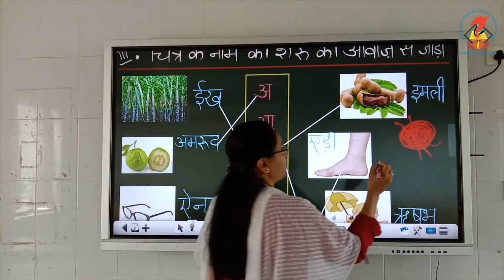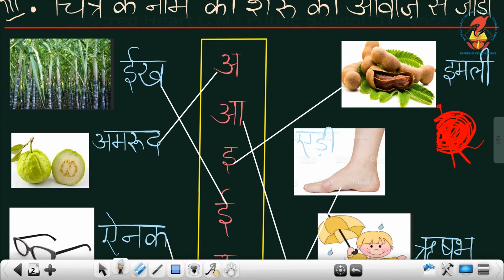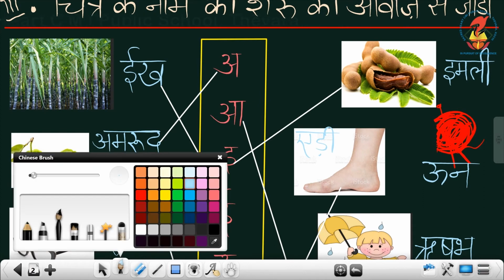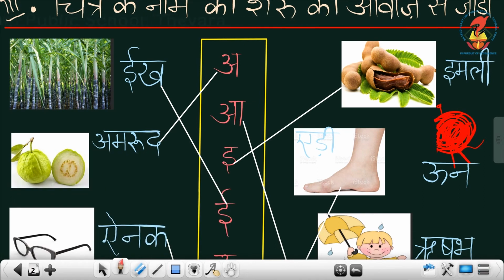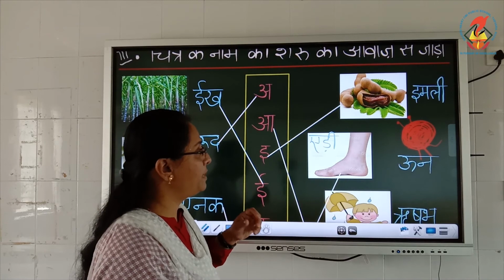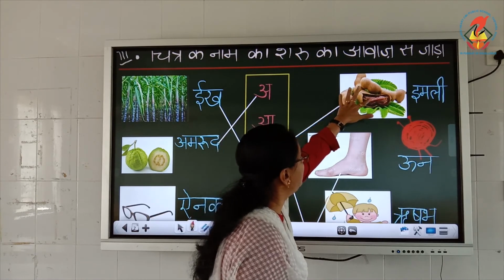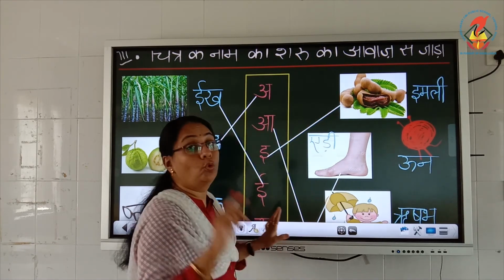Wool. ये देखो, इसको क्या कहते हैं? Wool. सॉरी, यहाँ लिखते हैं, एक सेकेंड ना। ऊन, इसको क्या कहते हैं? ऊन। क्या है ये? ऊन। These are woolen thread. Okay, you can take the picture from your Google and see what is woolen thread. Okay, what are the uses of woolen thread? You can see it and tell your mama to show the picture. It is known as wool. So you have to match this picture, which is in between Imli and AD, with letter U.